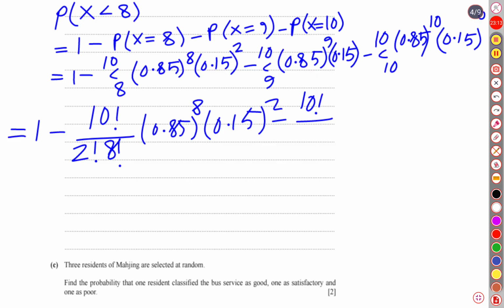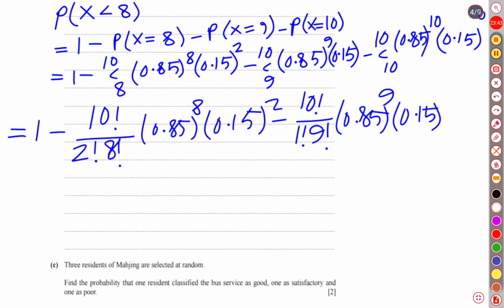I am doing this manually; I feel comfortable doing it manually. You can also use a calculator shortcut method, but I am showing how to do this manually. 10 factorial over 1 factorial into 9 factorial, and 0.85 raised to 9, and 0.15 once, minus 10 factorial